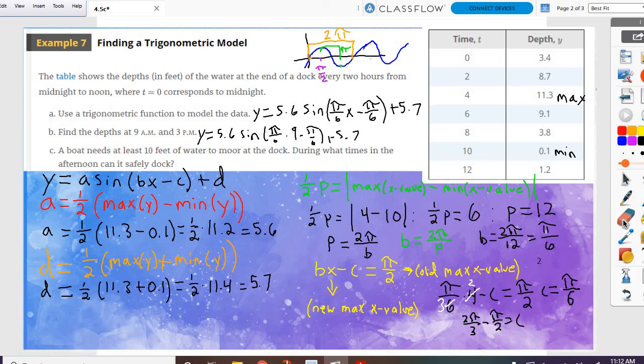You do want to make sure that you're in radians. And if you're going to plug it in all together, you need to be really careful about your parentheses, and that you're putting parentheses around all of the stuff that's inside of your sine. And that you're either using the fraction operation, or if you're using your division bar, you need to make sure you do parentheses pi divided by 6 if you're going to do it that way. So if you plug it all into your handy dandy calculator, you should get 0.85 feet